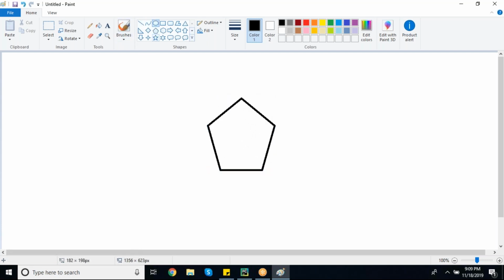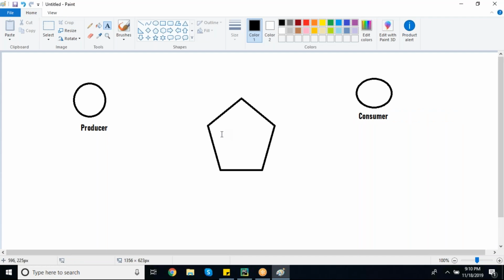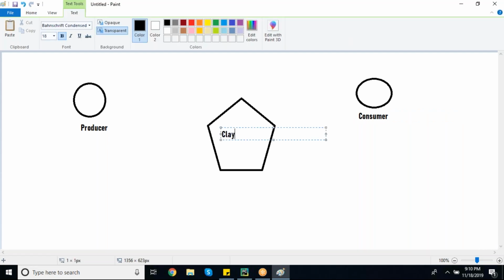Let's assume these two are the people, where one person is called the producer, and this person is called the consumer. Where this one is called the clay pot. Clear, right? Any doubts so far?